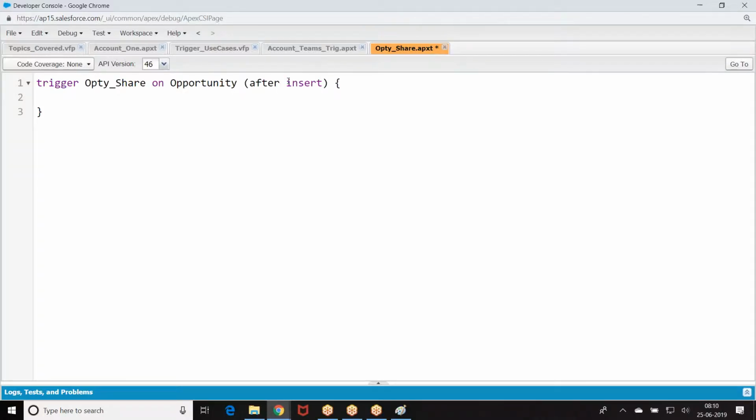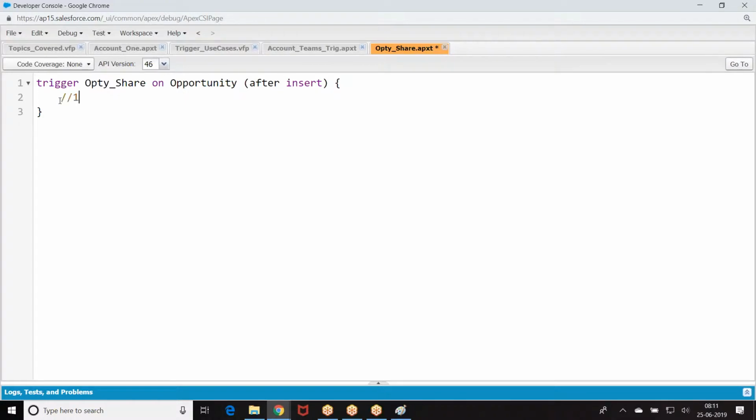Now, when you want to share, is it before or after? If you want to share a record, is it a before trigger or after trigger? Why after? Unless the record is there, I cannot share it. First, the record should be there, then only I can share. After saving the record, I will share the record. Okay.